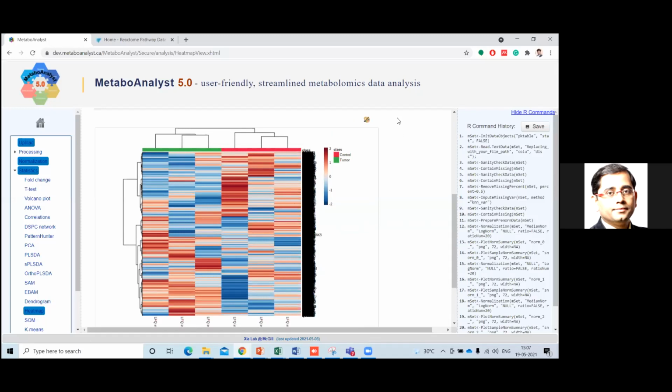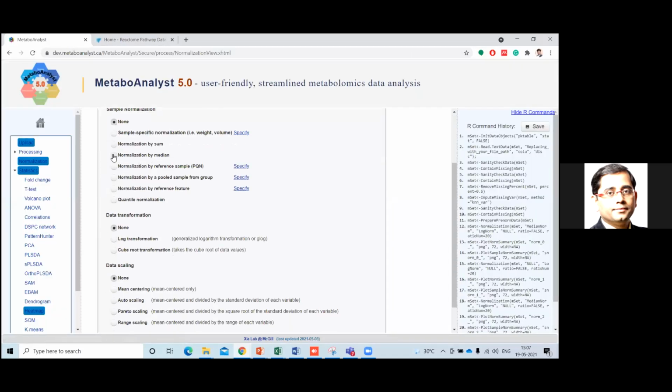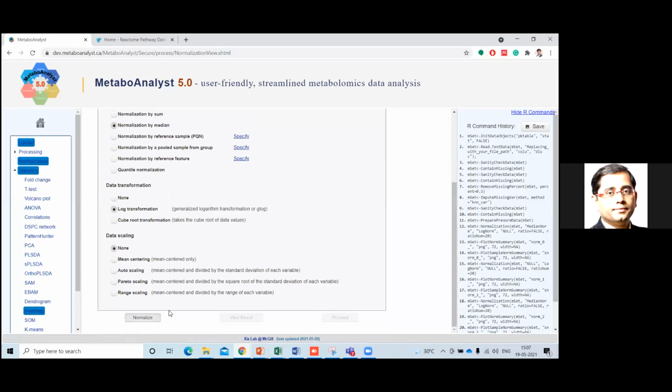Have all of you reached the heat map? If not, take time until you reach the heat map, then we can go ahead. If anyone is having any issue in the feature view, we have to consider after normalization. Let me go back. In normalization, click normalization by median, click log transformation, click normalize, and then click proceed.